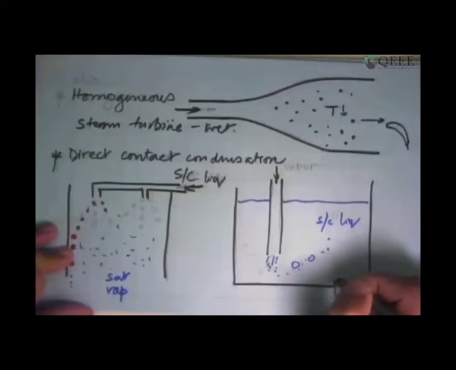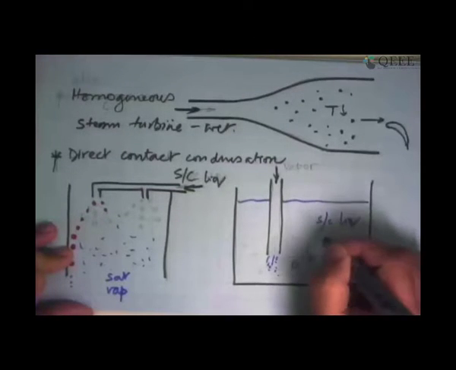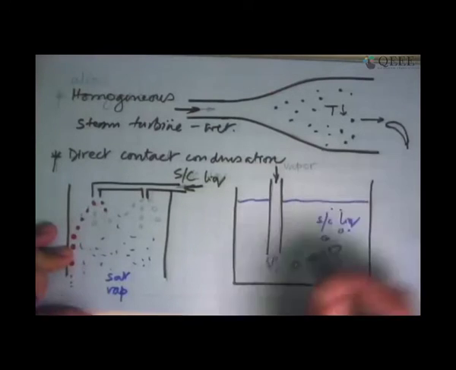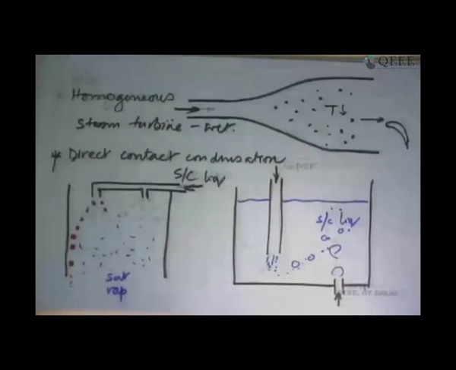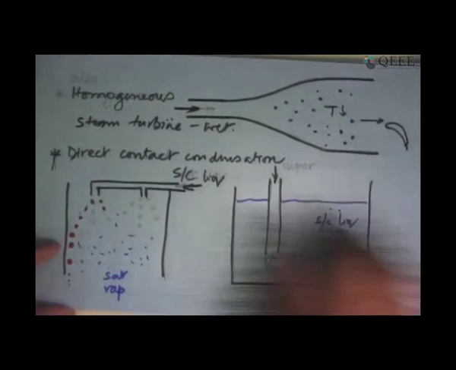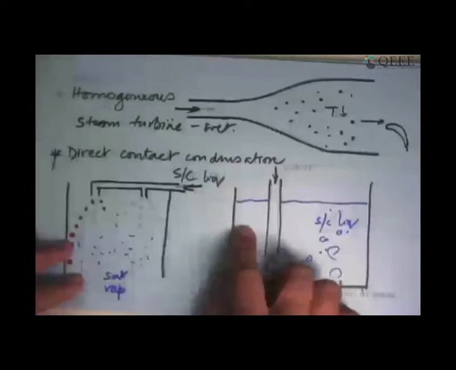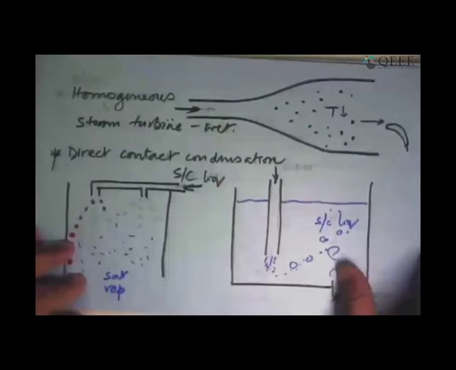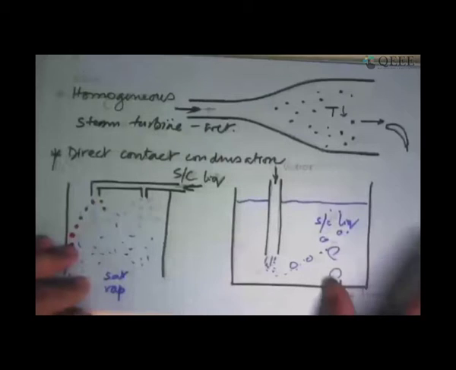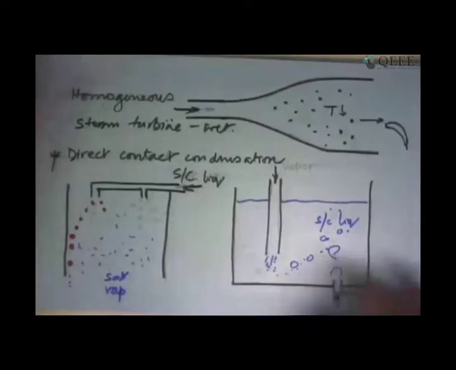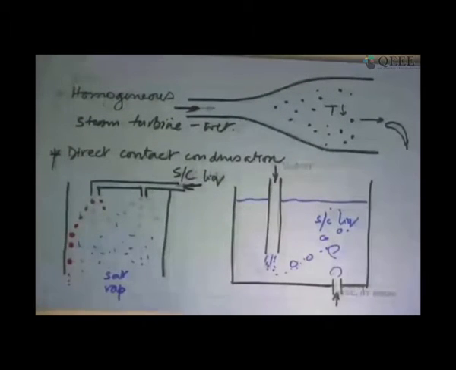The same thing can happen here, that we introduce this, it comes out as big bubbles and finally they condense and disappear, and you have a liquid being formed there. So clearly, if this is a continuous process, then this liquid will also keep getting hot. So one has to keep putting in some of this liquid and taking out some of this liquid. So that becomes a continuous flow process. So these are examples of direct contact condensation where, like here, there is no surface at which there is any heat transfer taking place.